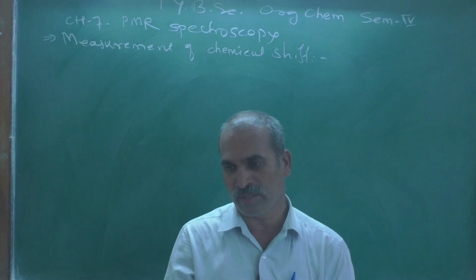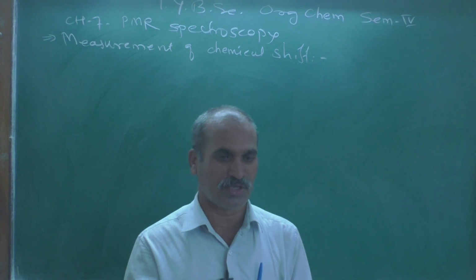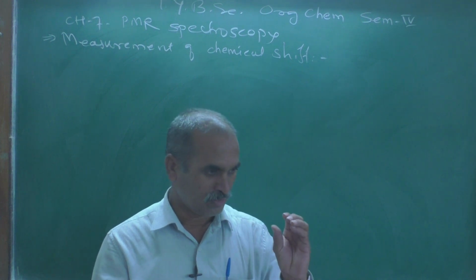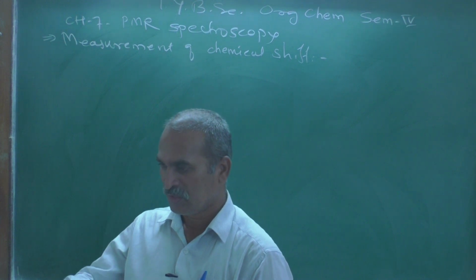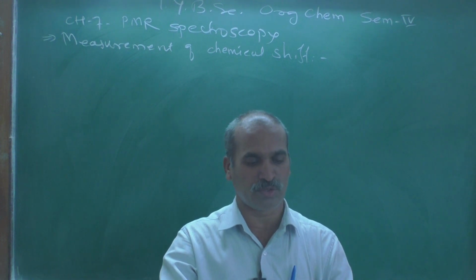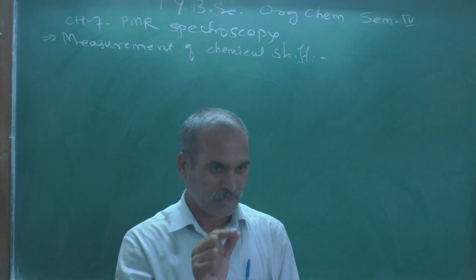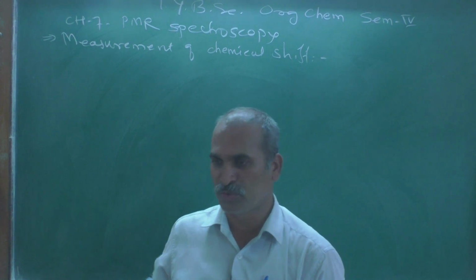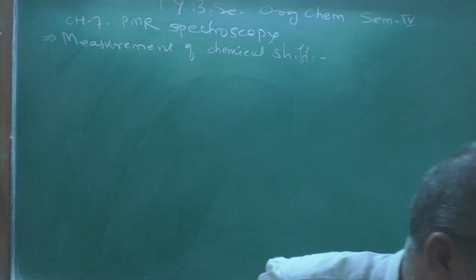It produces a more accurate result rather than the frequency, because in the instrument there are two units, from which we can measure one thing by keeping the frequency fixed and changing the magnetic field. It is tuned at a particular magnetic field, and it will produce a peak corresponding to that particular proton.